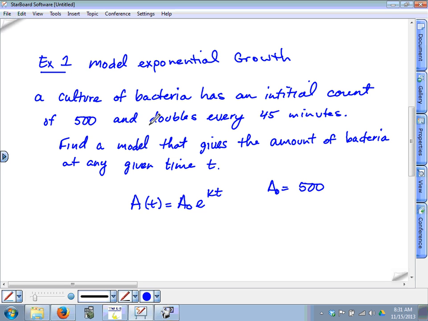This phrase right here, it doubles every 45 minutes, isn't our growth factor. That just says every 45 minutes it doubles. The growth factor is a percentage of change per unit of measure of time. So it's not necessarily our growth. Essentially, yeah. Now, in order to solve for k,